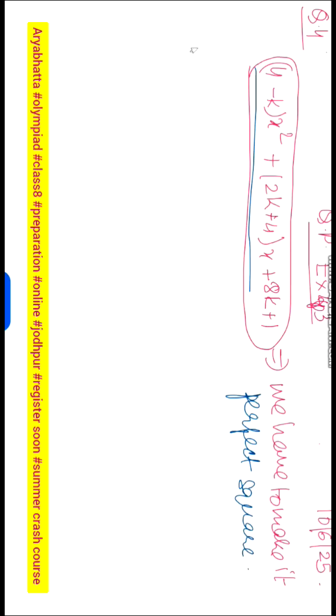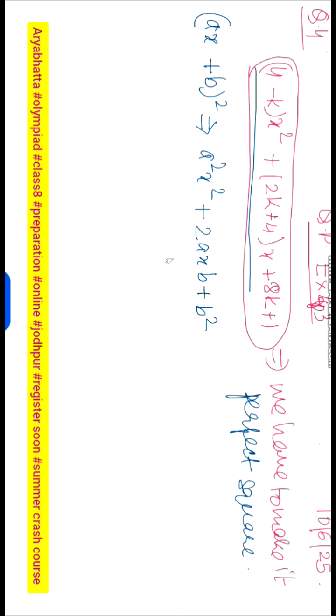I will assume that I have an equation of the form (ax + b) whole square. Suppose I have this kind of equation. When I open this by identity, I get a²x² + 2abx + b². I have this kind of equation. So when I compare this one with this,